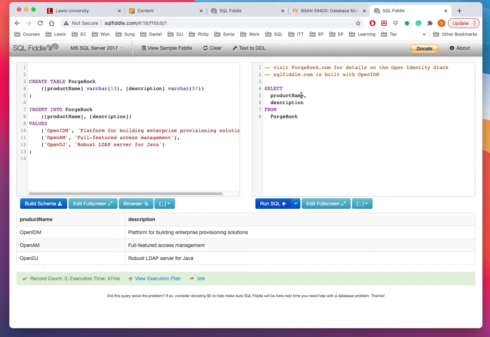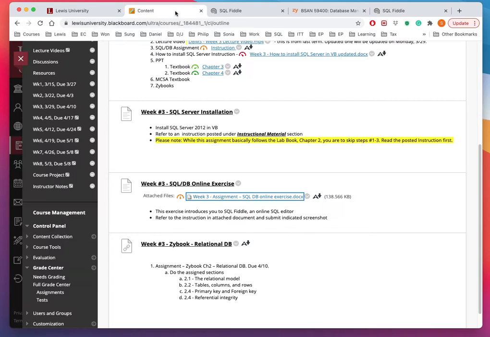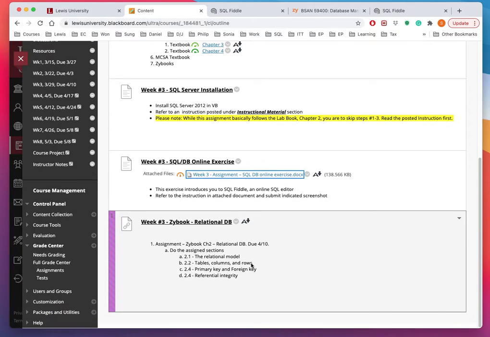So you ask for these 2 columns, and here is the 2 columns with the corresponding records for that. All right, so you can just take a screenshot of this and submit. All right. Okay, so let's go back to here, and then for the Zybook, I think everybody's on board